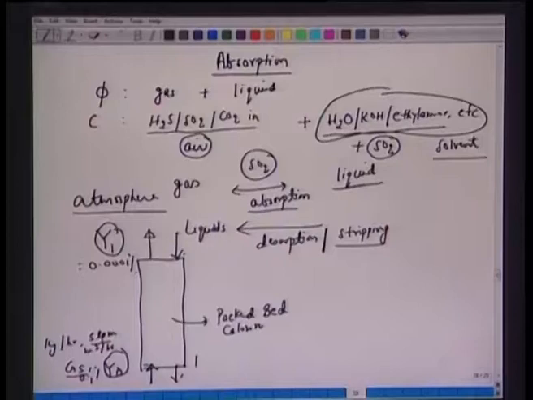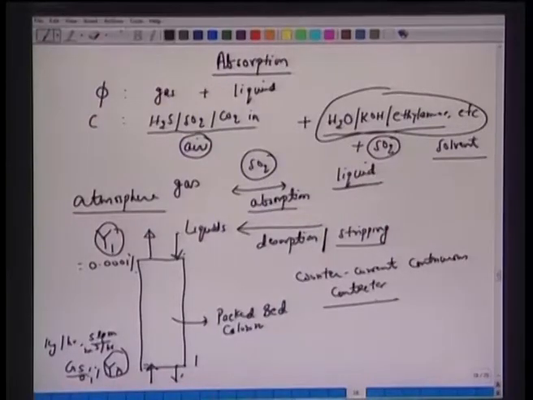So, this liquid and gas, the way it is shown, is now in a counter current arrangement, a counter current continuous contactor. We can also have co-current, but this is the most common and most advantageous. We discussed earlier that a counter current continuous contactor has a large driving force, larger than co-current. As a consequence, the height of the column is smaller in this case. So, again we will come back to those details later.